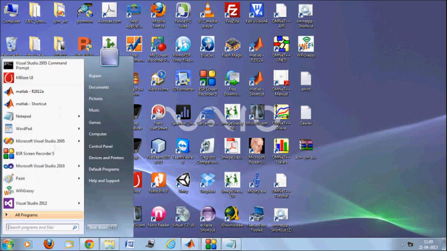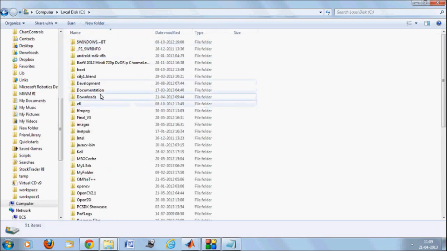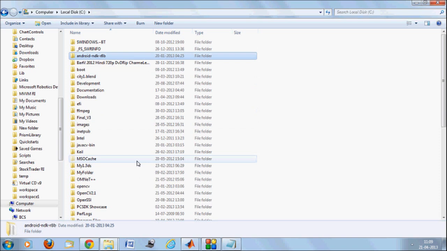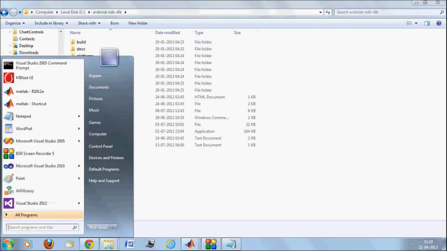First thing you should do is unzip your Android NDK in C drive, so that we have the path as C drive Android NDK R8B. I'm using R8B. There might be new releases, you can try out that. Once you have this, you can see that C drive Android NDK has these folders. All you have to do is copy this,